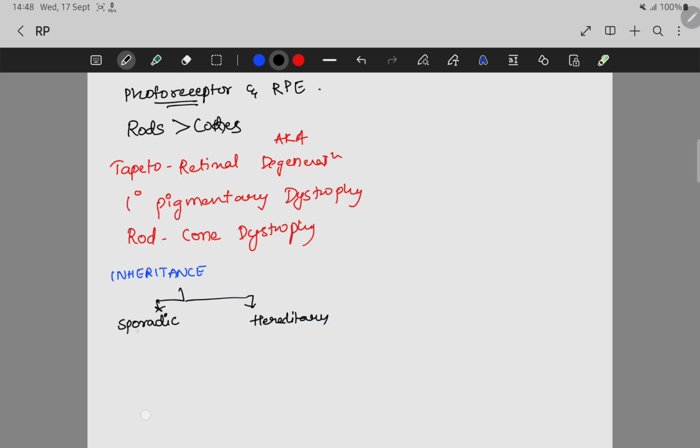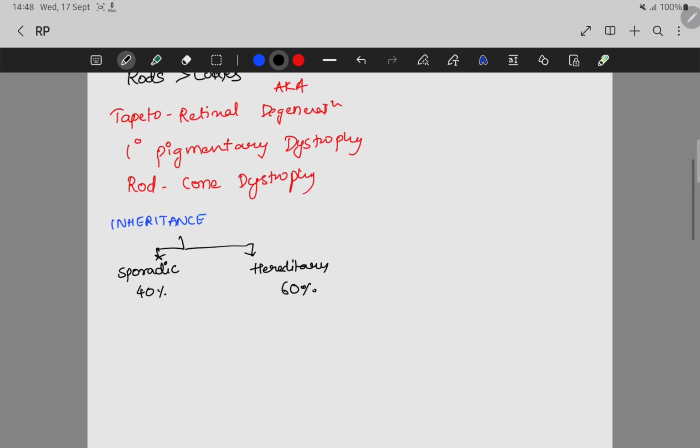In almost 40% of the cases are sporadic, whereas 60% are hereditary. In the sporadic it involves the rhodopsin gene, whereas in the hereditary we have